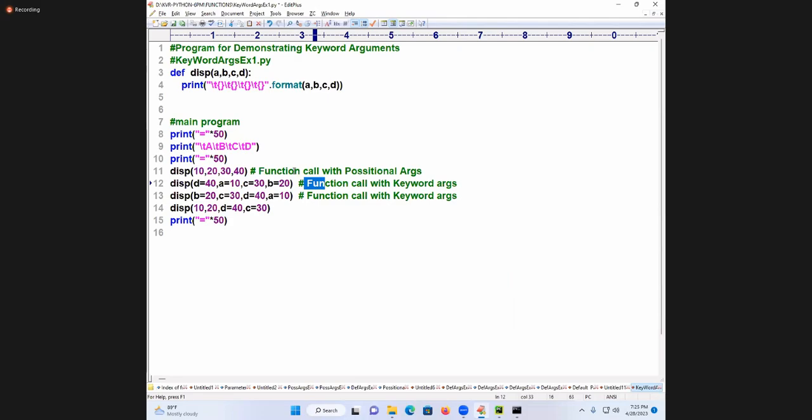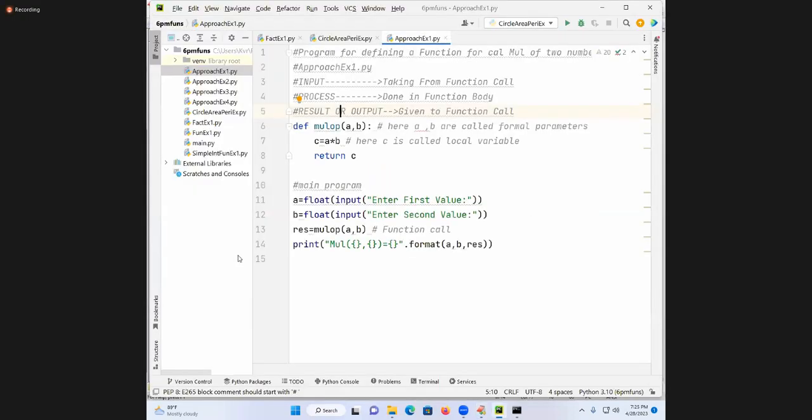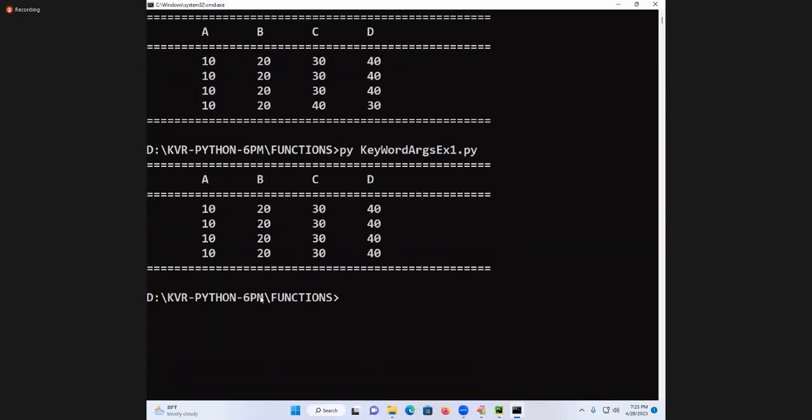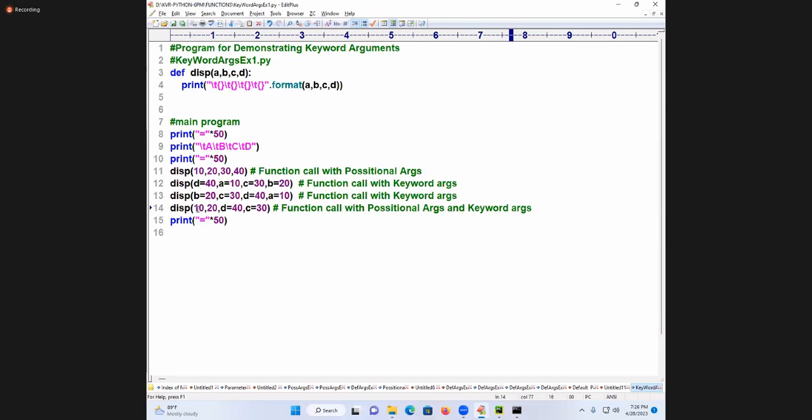Function call with positional arguments and keyword arguments, both of them are there. Execute. See students, are you getting or not? What is this combination? Positional arguments as well as keyword arguments.